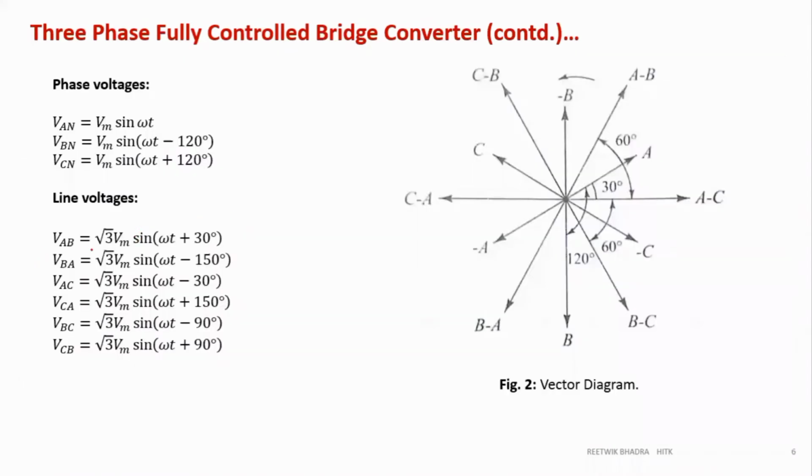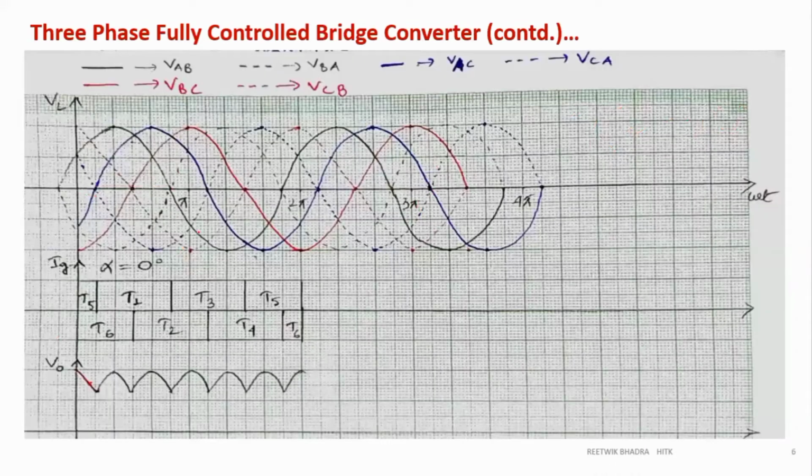So first one, VAB starts at plus 30 degree, right? So it's starting at plus 30 degree over here. Now you can calculate your 30 degree if 180 degree is equal to, suppose I am telling in terms of this, 180 degree is equal to 30 small scale divisions over here. That means nothing but 3 centimeter only.